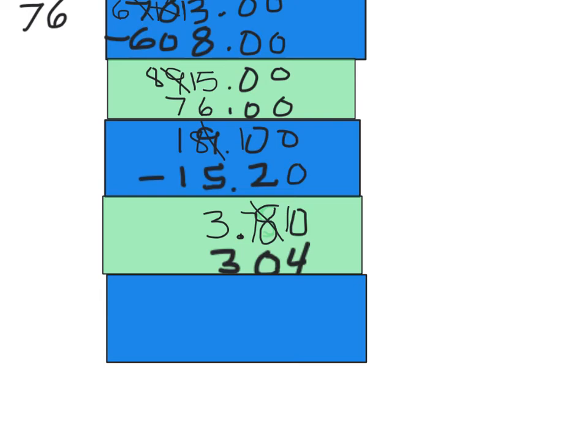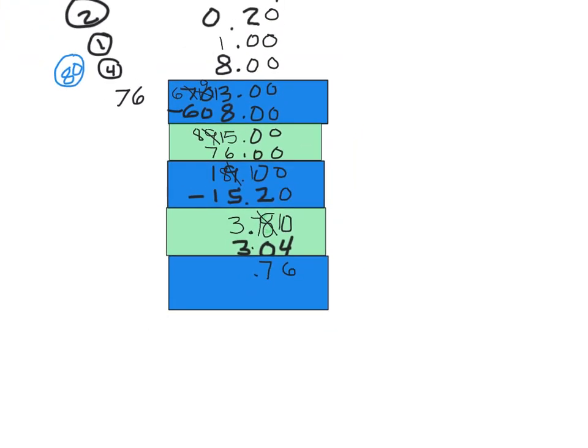And then I'm going to take 10 minus 4, which gives me 6. And then 7 minus 0 is going to give me 7. And I've got a decimal point here and a decimal point here. And the 3 minus 3 will zero out, so I don't have to do anything. And if you look here, I've got one more 76